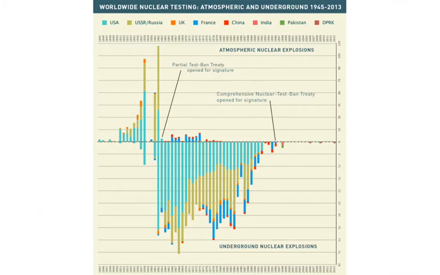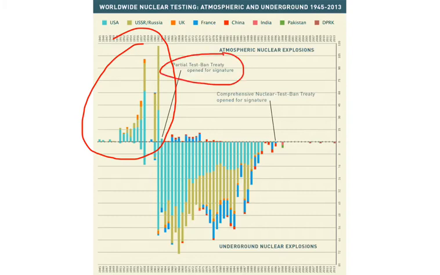Now, what that last slide did not show, and this slide does show, is the timeline with respect to atmospheric nuclear testing and underground nuclear testing in the 1945 to 2013 period. So now, unfortunately, we've got to flip data sets a little bit. This is from the Comprehensive Test Ban Treaty Organization. And what this chart shows is the atmospheric tests here. And then after the Partial Test Ban Treaty, which we'll talk about later in the course, was signed in 1963,